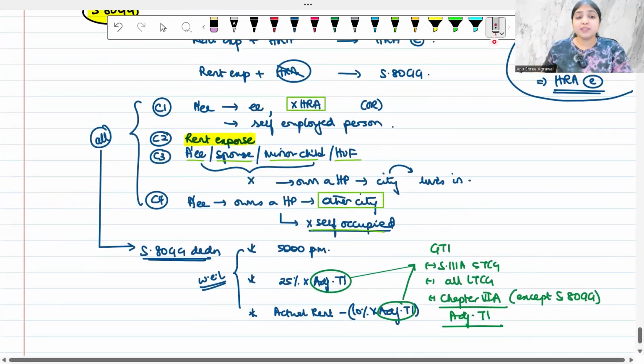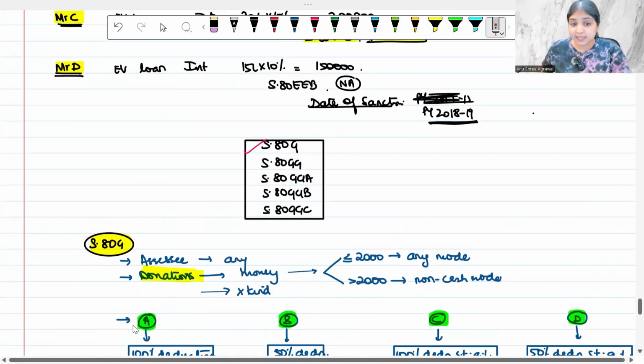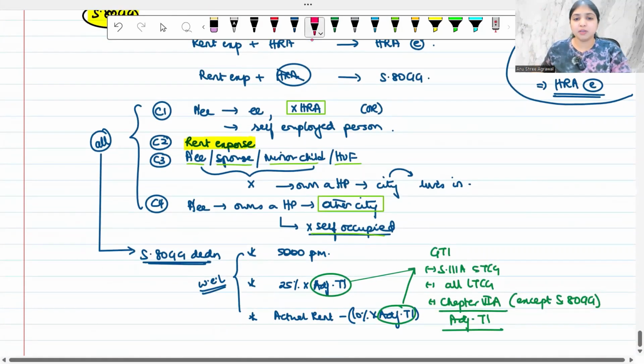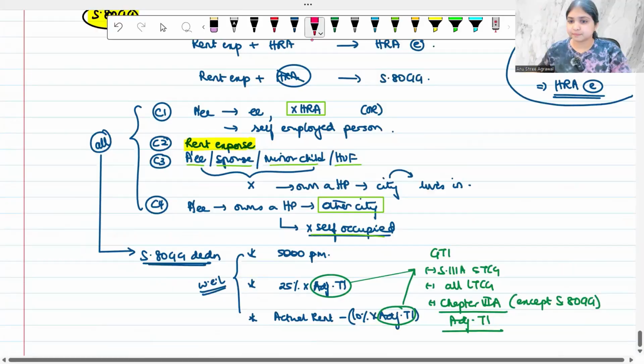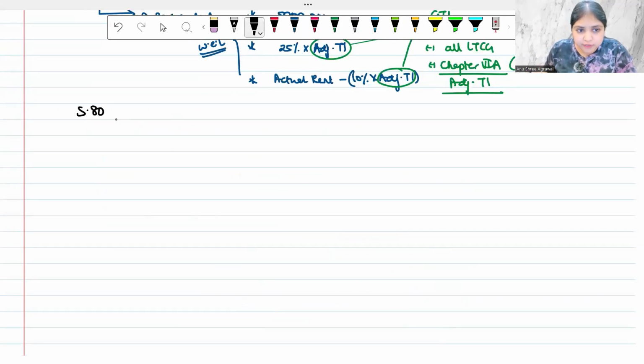Okay, so this was section 80GG. Crystal clear? Two sections we've learned under the 80G series. We have learned about 80G and we have learned about 80GG. Let's go to the next section now, which is section